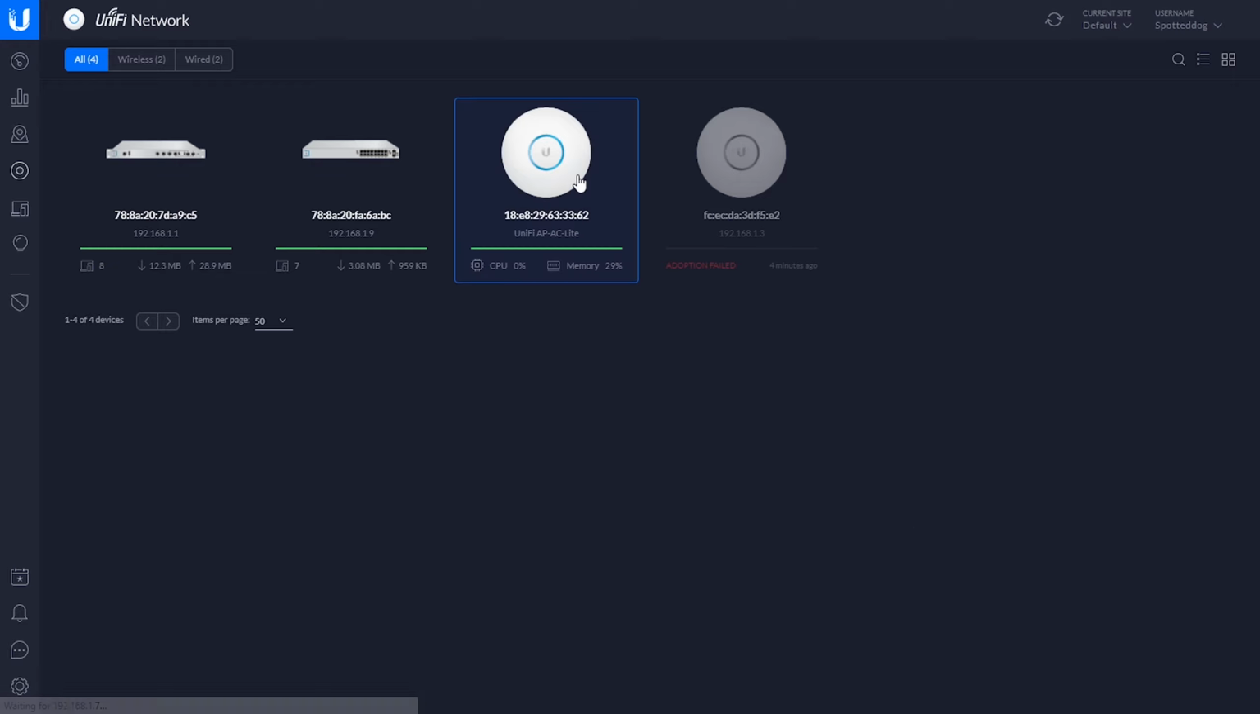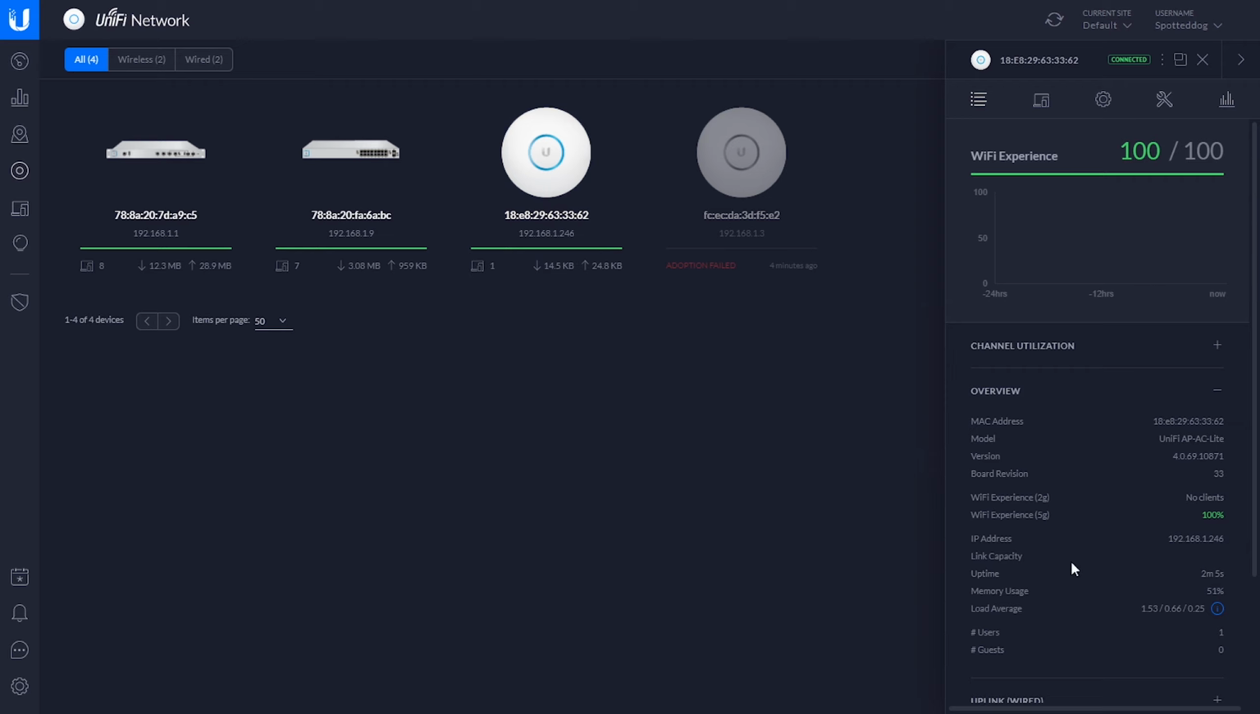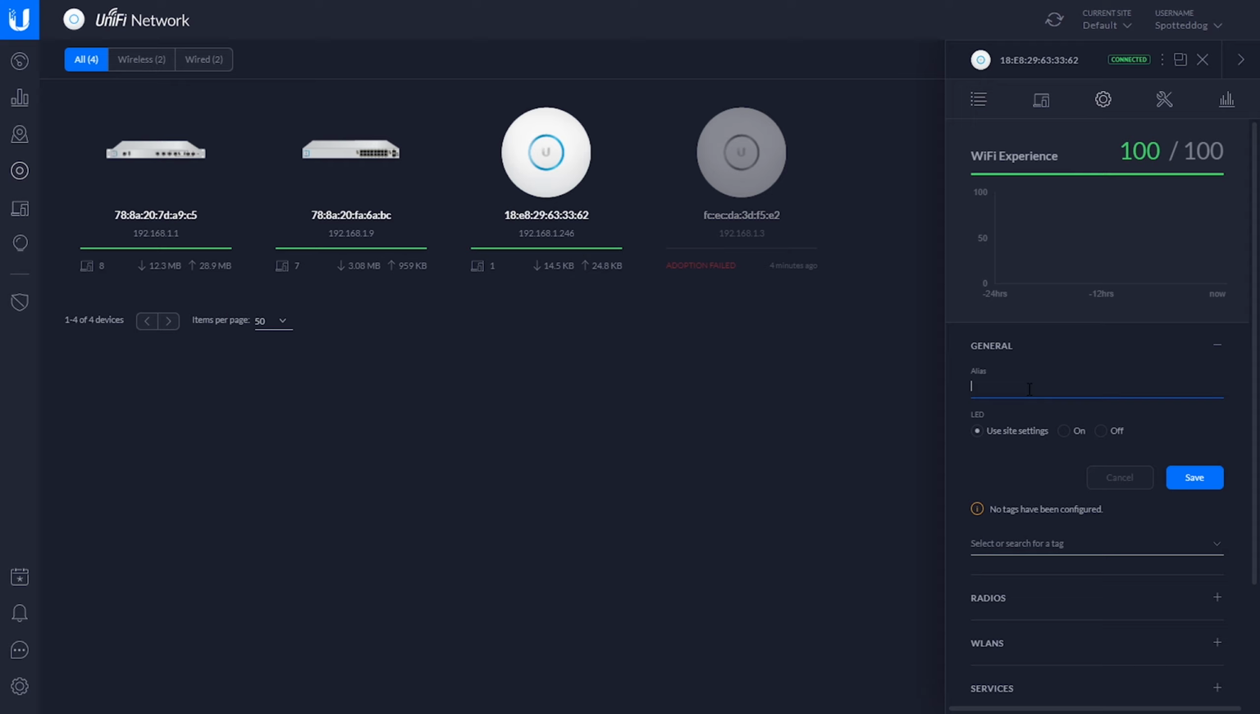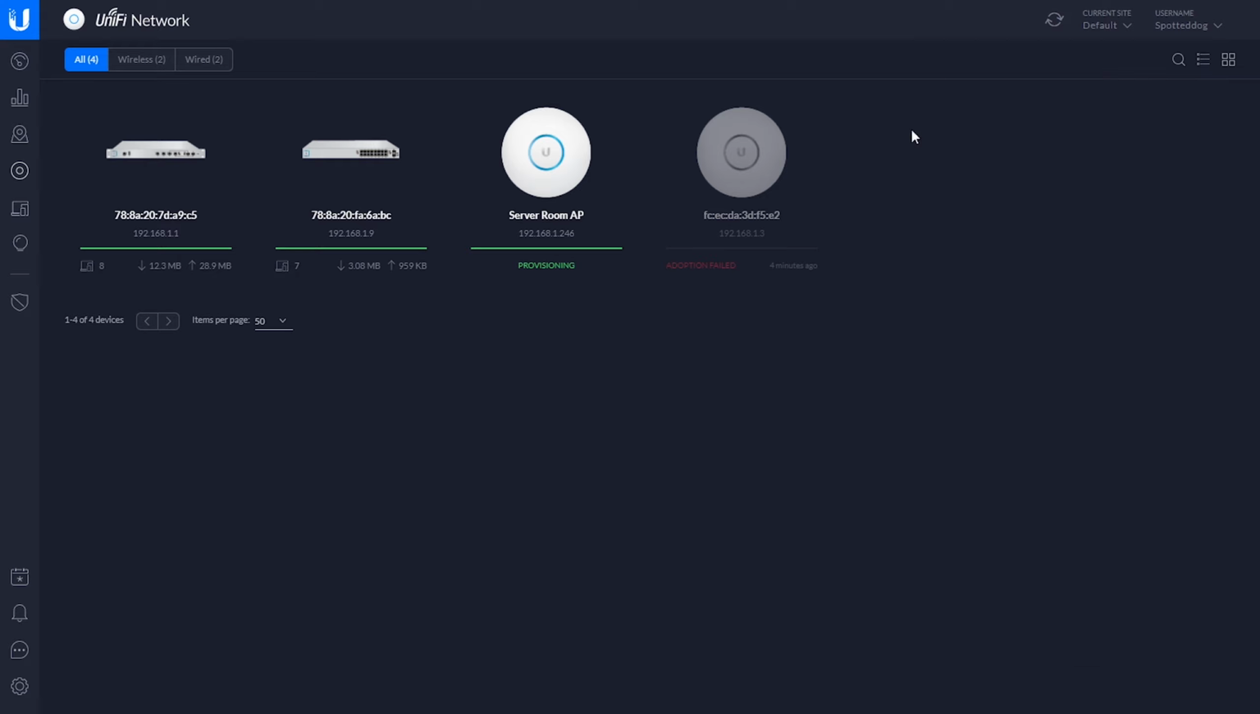So what you need to do for that is go ahead and click on it, go up to the little gear at the top that says config, and then type what you want to type in there. I'm going to call this one server room AP, and then hit save. And then it should provision, and while that is provisioning, we are going to head over to settings,